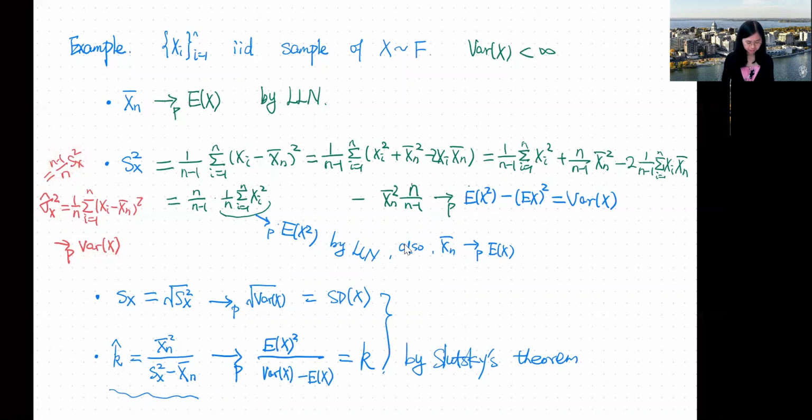So it seems that all the estimators that we introduced based on the sample analog principle turn out to be consistent, even though many of them are not unbiased. So consistent estimators are still good estimators in this sense. Consistent estimators are close to the true value with high probability when the sample size is large.